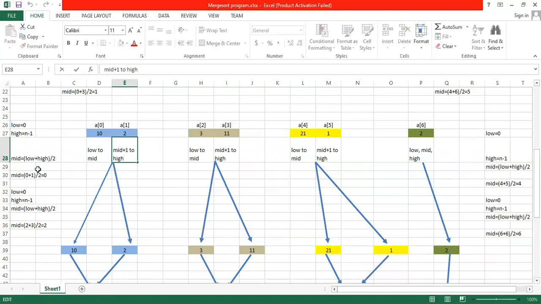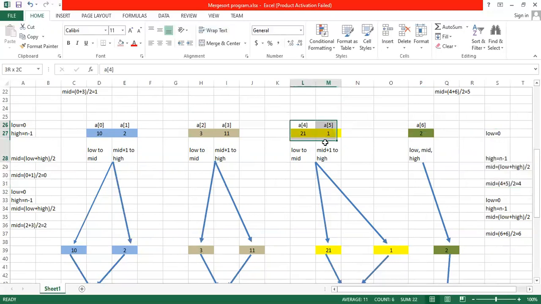In the same way, I have calculated the values here.